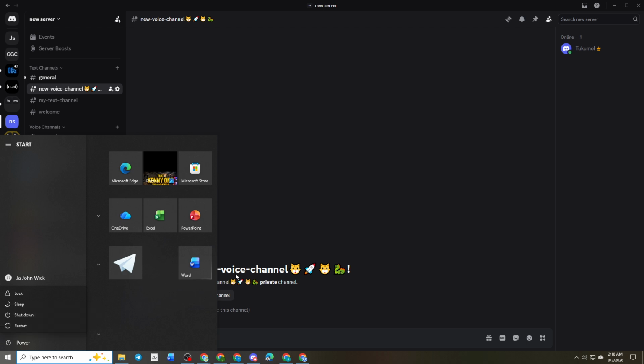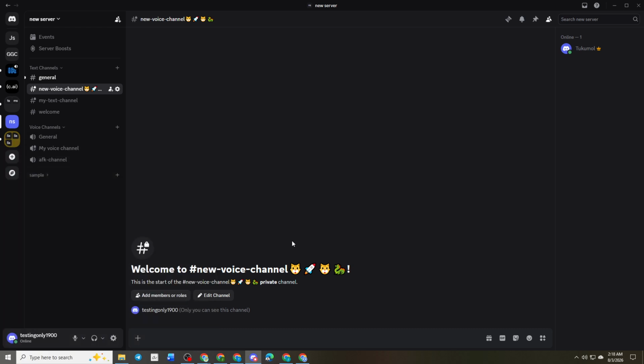That's it. By closing Discord completely, deleting the app data and local app data Discord folders, and setting up a fresh copy of the application, you can fix the Discord loading chunk failed error and get back to chatting